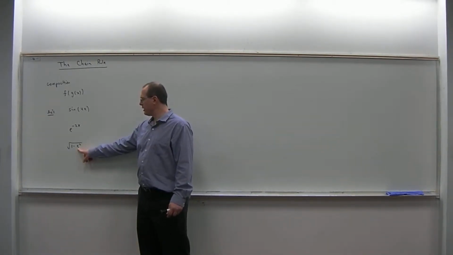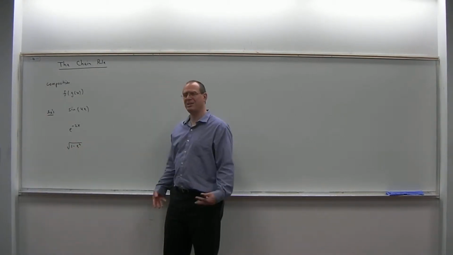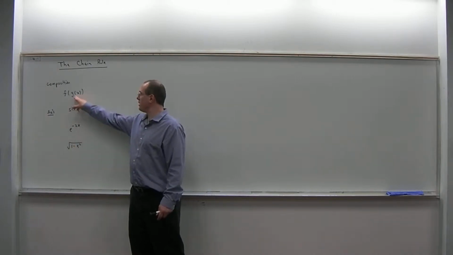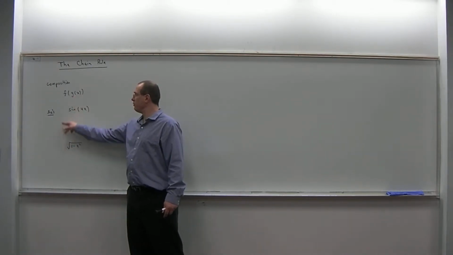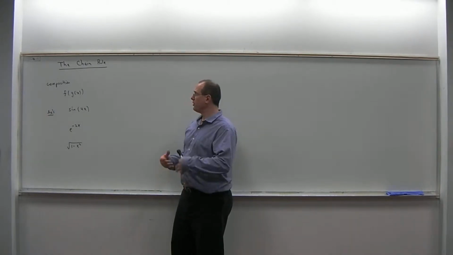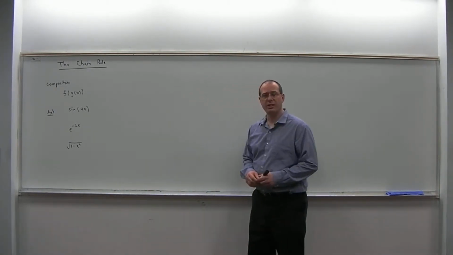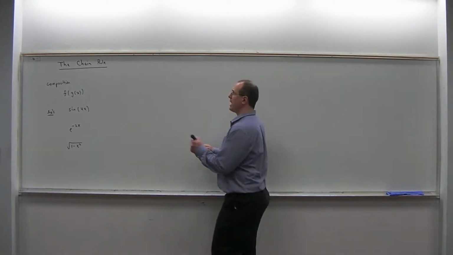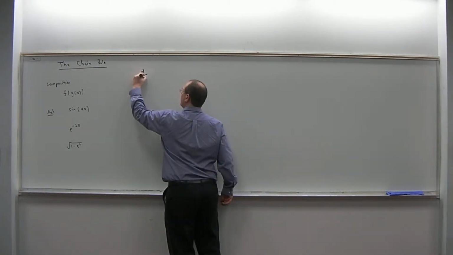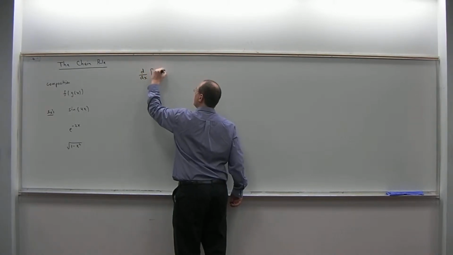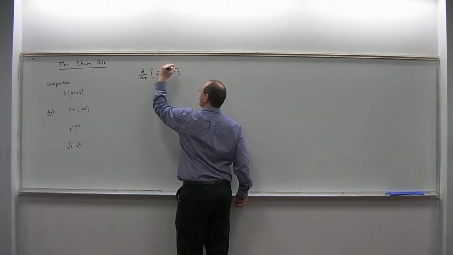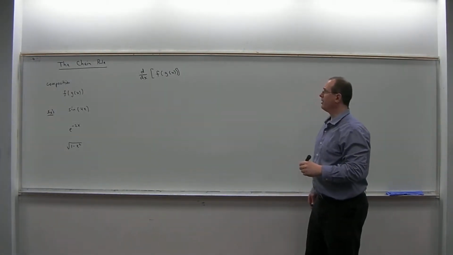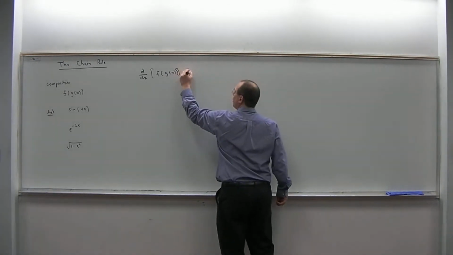In the bottom one here, we have 1 minus x squared inside of the square root function. The 1 minus x squared is playing the role of the g, and the square root is playing the role of f. So one function is inside of another. This is a composition. And what we want to learn here is how to take the derivative of a composition. The derivative of a composition. And the formula is called the chain rule,